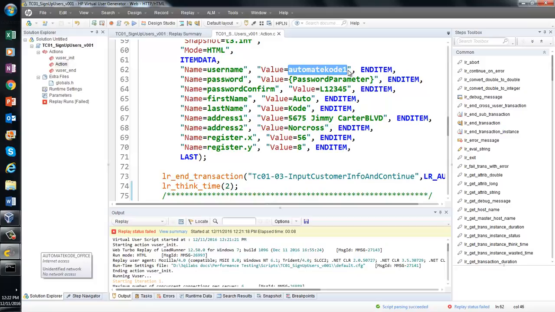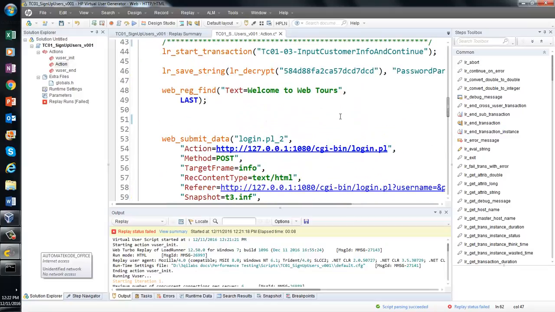Instead of automate code 1, I have to give another one, automate code 2, right? But automate code 2 is also registered. So I will have to give something that is not already registered. Let's say automate code 20, and let's put a breakpoint here